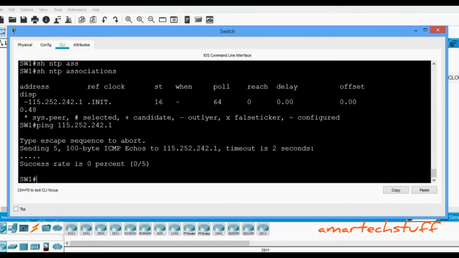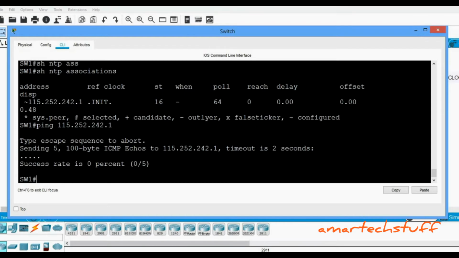A switch is an internal LAN device, and it is not able to ping this particular IP. We also cannot put a route for this IP, because it is not allowed to have a route for a public IP on this local LAN switch.